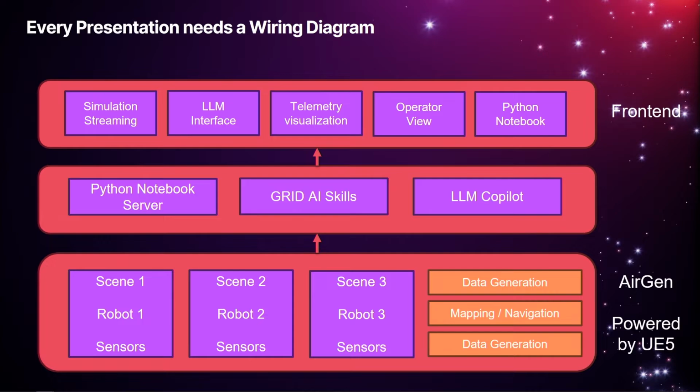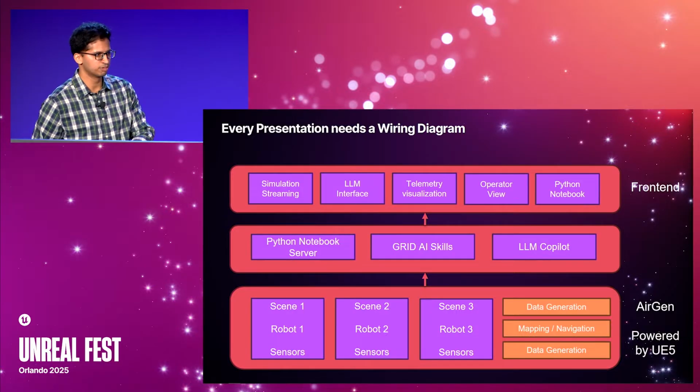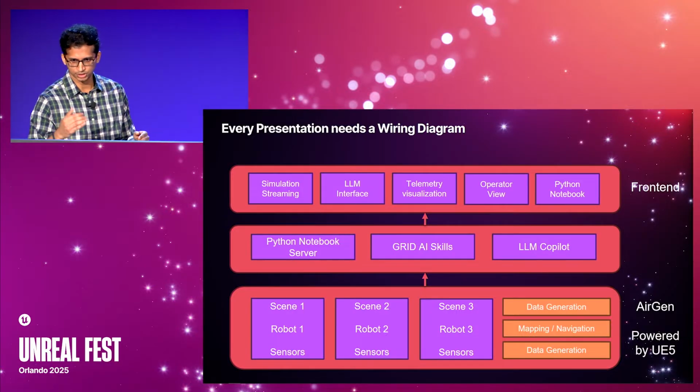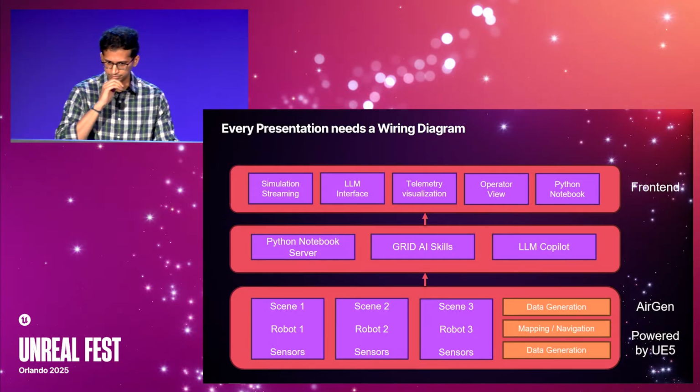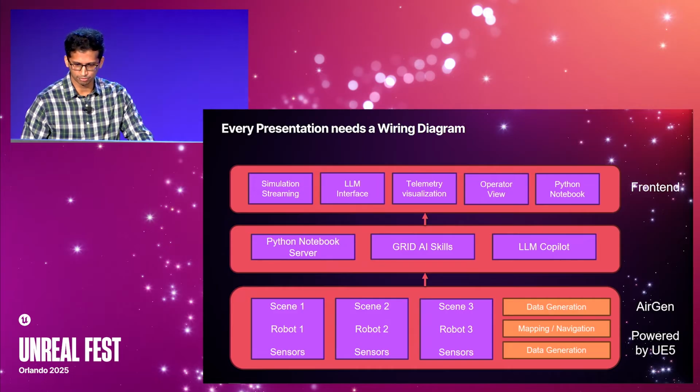And upon all of that, the front end would involve, obviously, if you're running simulations, a way to stream them. If you are using robots in a sim, you'd have to find a way to visualize their telemetry, like their cameras and so on. So we have a front end that combines sim streaming with interfaces for the code and the LLMs. Operators, for example, would be very different from people who are developing. All of these things form the top layer of the platform.